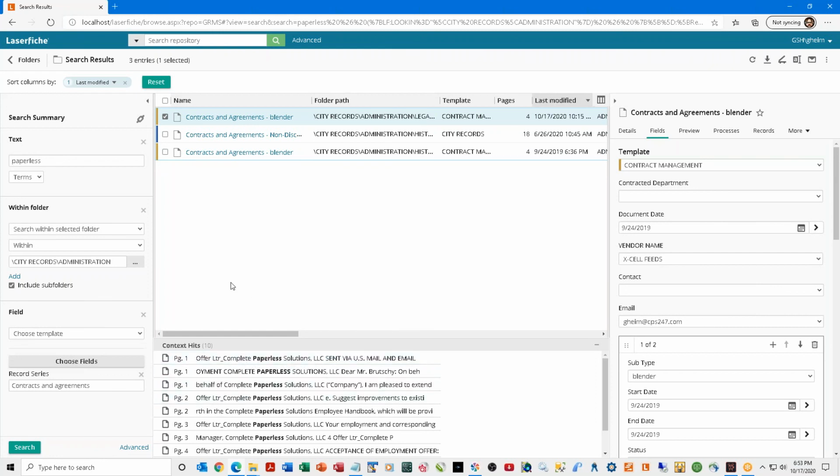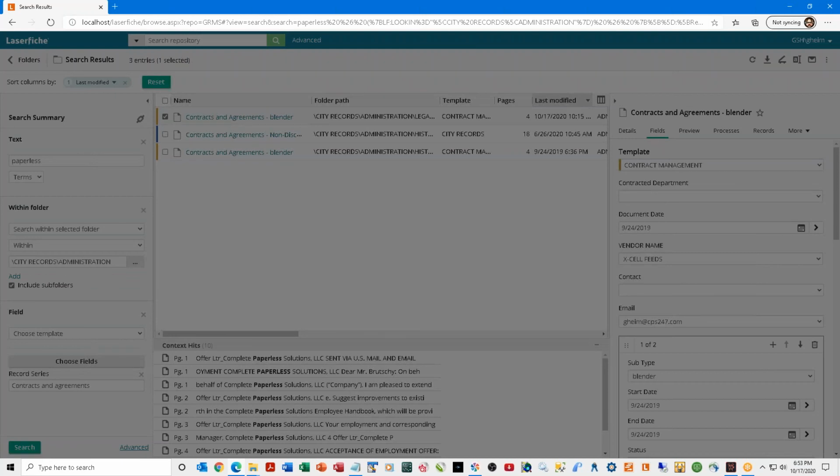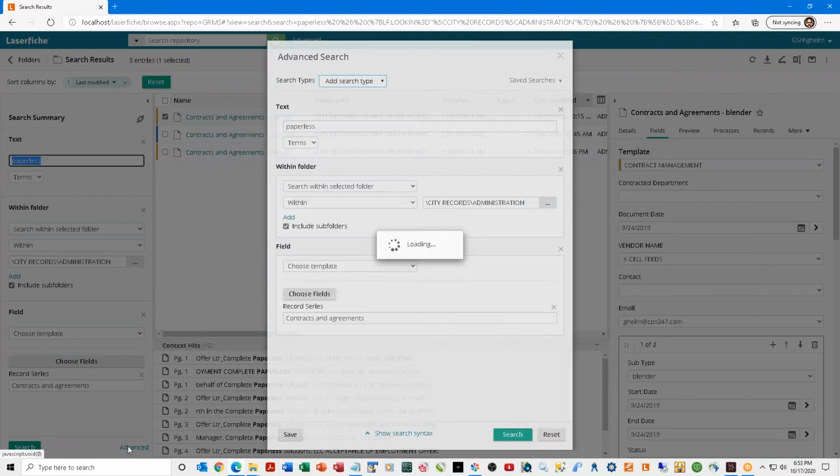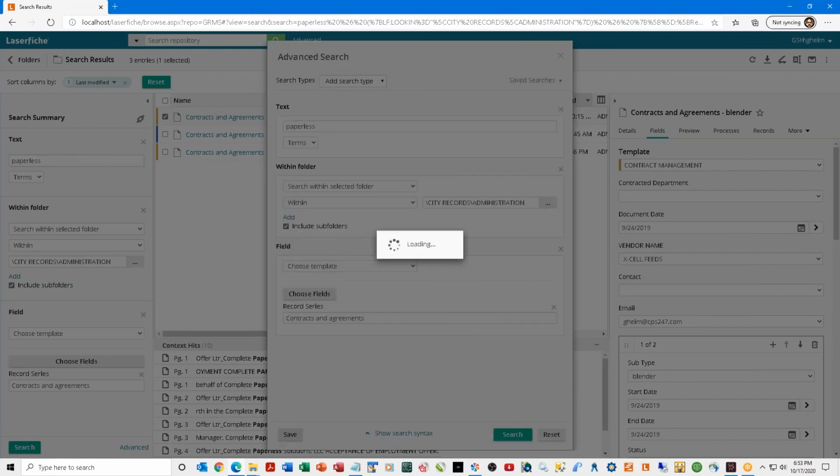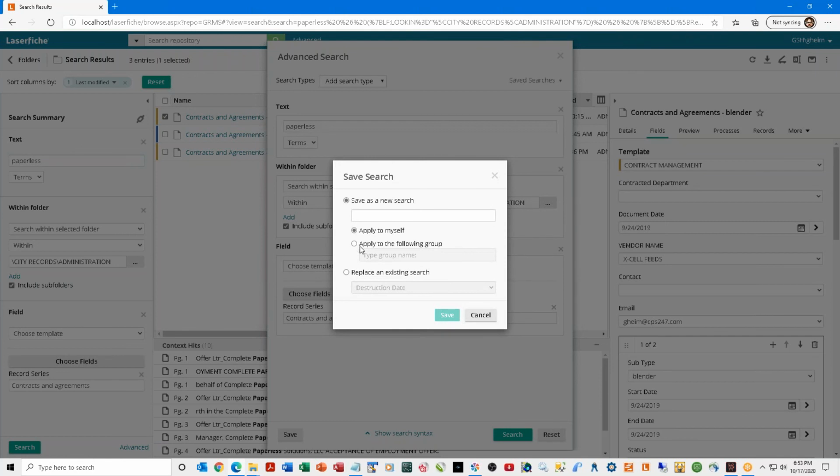And within the folder administration under the city records. So this is a Boolean search, right? I use this search all the time. So what I want to do is save this search, okay? Now you notice if I go back to that advanced button, down at the bottom left, you see this save button. I want to save this as a new search,